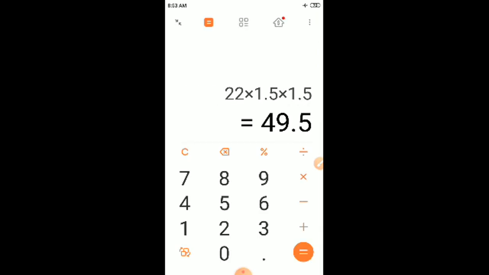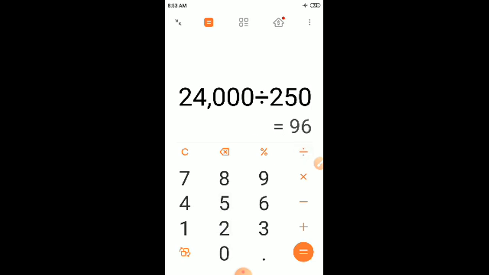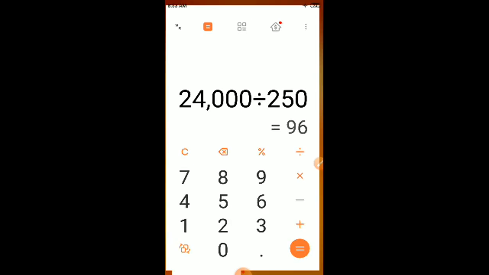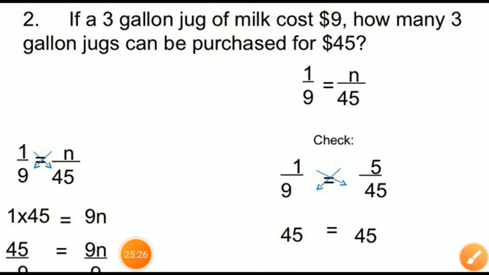See, here is the calculator and you can check it with the 24,000 divided by 250. Yes, my answer is right. Correct. Is it or not? So sometimes you can use these types of calculator for your betterment. Here I don't have any special notebook page or rough note. I cannot show you, but I tried to show you that one and I checked my answer is correct.